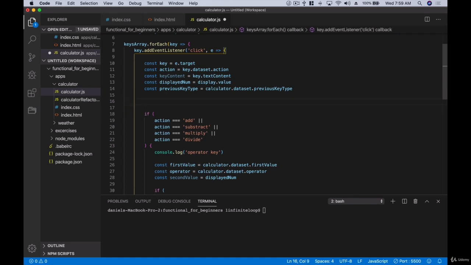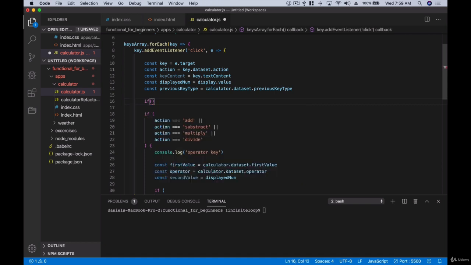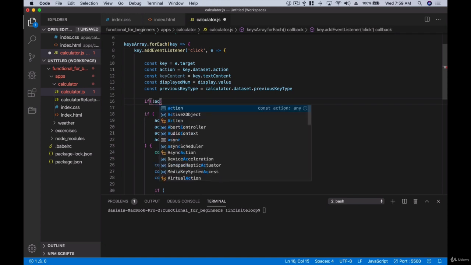All right, so the next thing we want to write is, if they haven't clicked an operator, they must have typed in a digit. Okay, so now we have the operators logic. Now that we have the operator logic written, the next thing we want to write is the digit logic. Let's say they clicked any other number that's not an operator. So if it's not an action, okay,